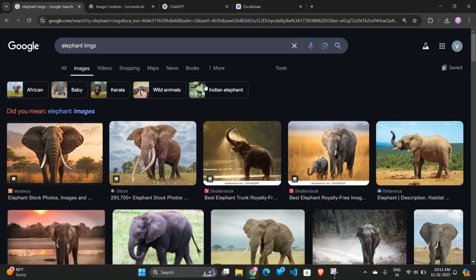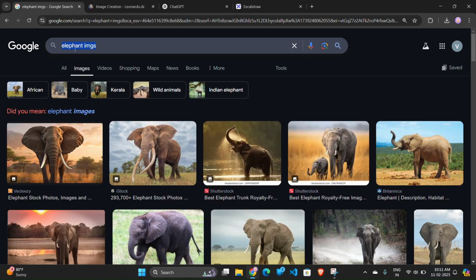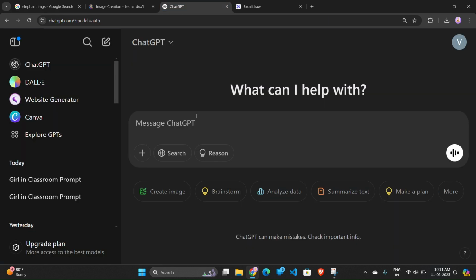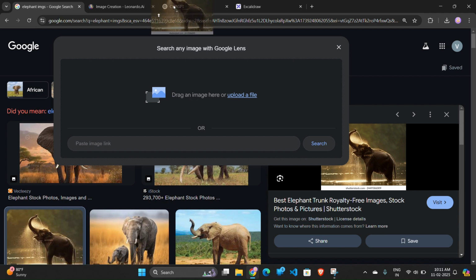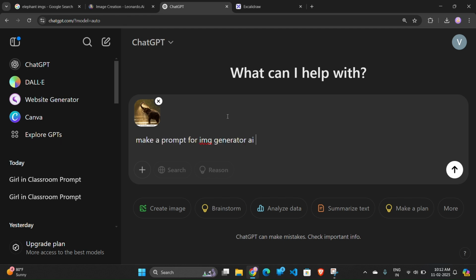First of all we have to come to google.com, and here you have to select a particular image. As you can see, our first step was selecting the subject. I have selected the subject as elephant images. I want to generate an image like this. So I will move to ChatGPT. If you are using it for the first time, just sign up. Okay, I will move to ChatGPT and give a prompt here,